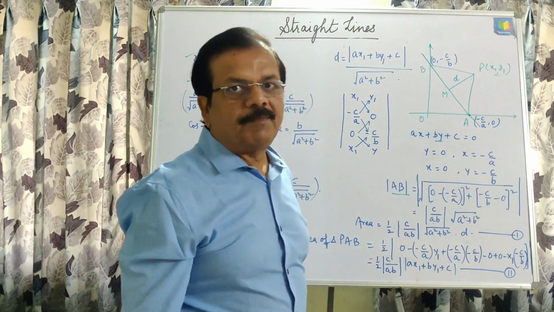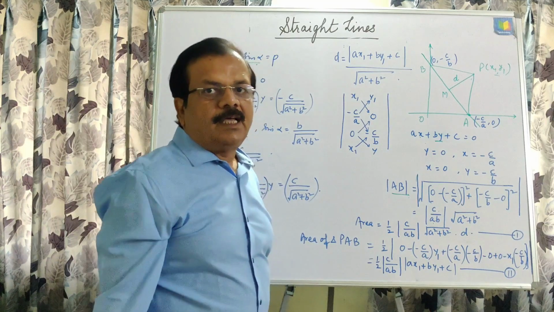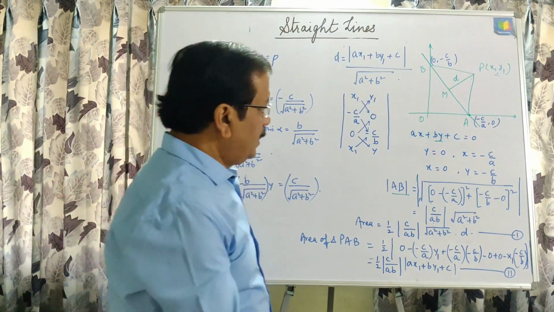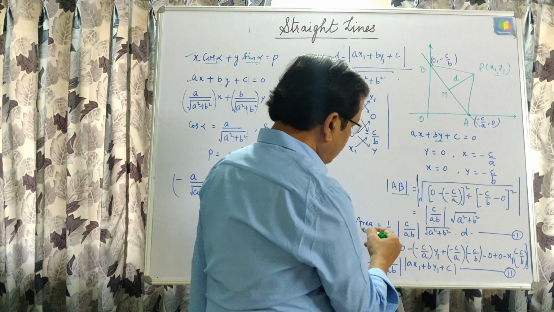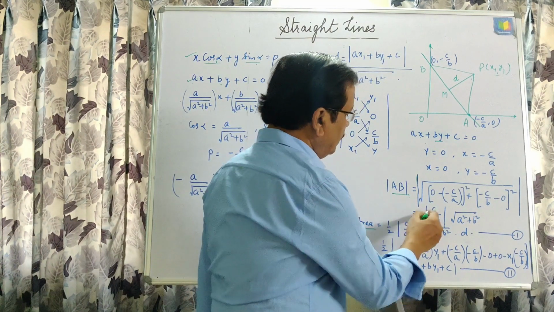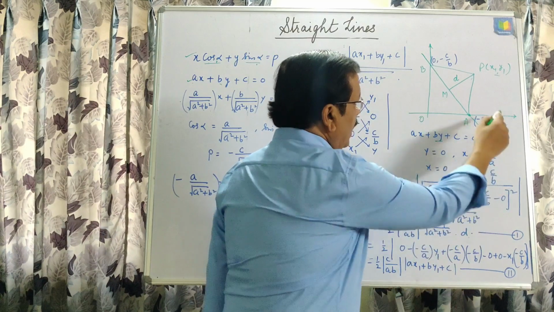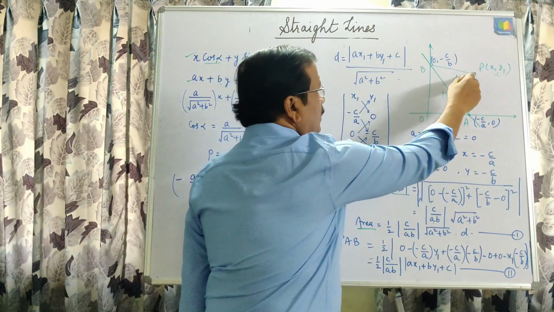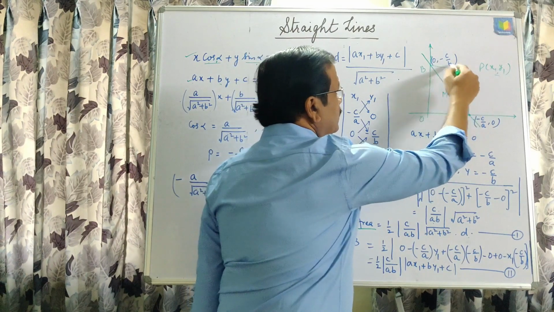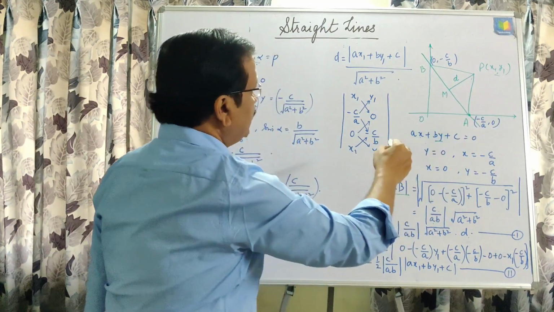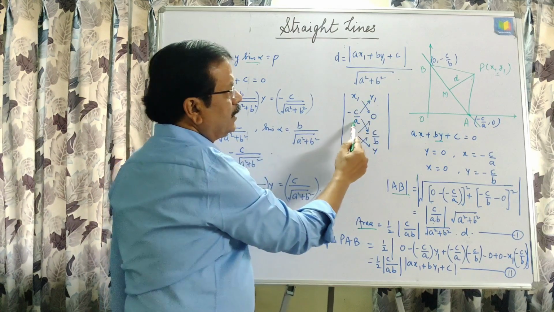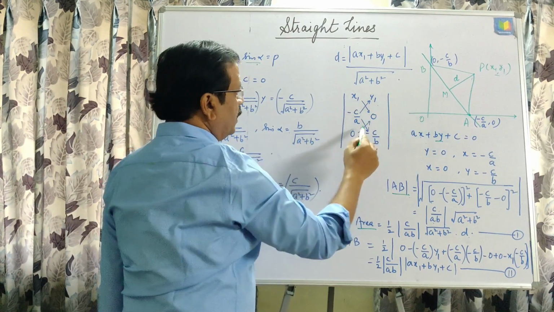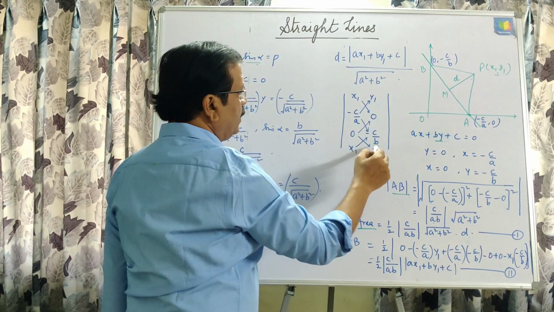And generally we are measuring the distance from a point to a line, that is the perpendicular, and that is why this is the area of this triangle, half of this into d, and this is the first equation. Now another way of finding the area of this triangle: these three coordinates we know, that is x1, y1 one coordinate, another minus c upon a, 0, and then the third one 0 and minus c upon b.